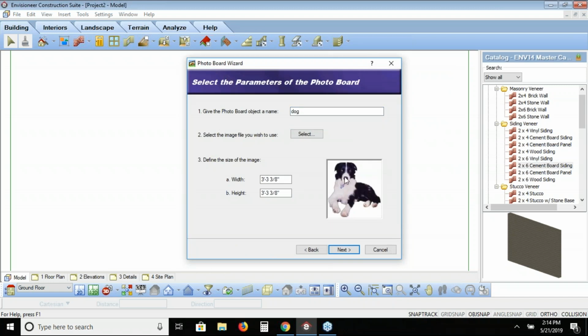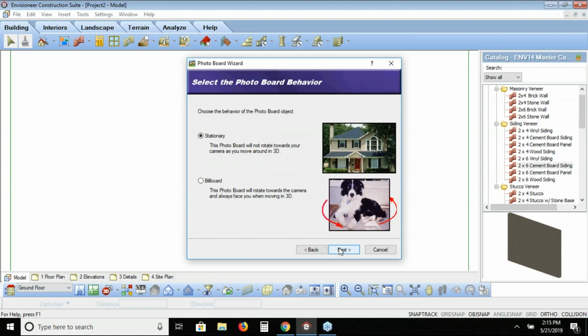And I get a little preview of Charlie, and I can see how tall Charlie is and how wide he is. I'm going to make Charlie a little bit smaller here. I'm going to make him only 2 feet tall and still 3 feet wide. Click Next. When I bring in Charlie the dog, I can bring him in as two different options, stationary or